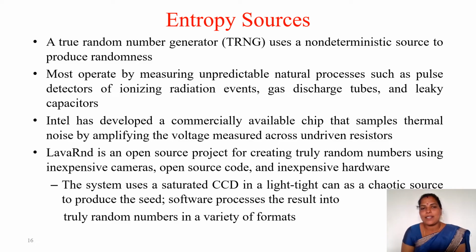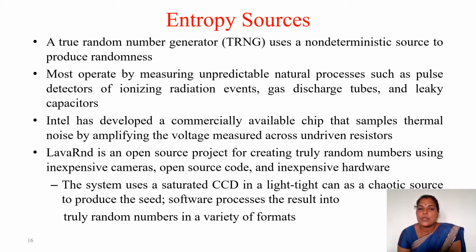Next is entropy sources. Here we are discussing in detail the entropy sources. You already know what an entropy source is. A true random number generator uses a non-deterministic source to produce randomness. Most operate by measuring unpredictable natural processes, such as pulse detectors of ionizing radiation events, gas discharge tubes and leaky capacitors. Intel has developed a commercially available chip that samples thermal noise by amplifying the voltage measured across undriven resistors. Later on we will see one example of that random number generator. Then Lava R&D is an open source project for creating truly random numbers using inexpensive cameras, open source code and